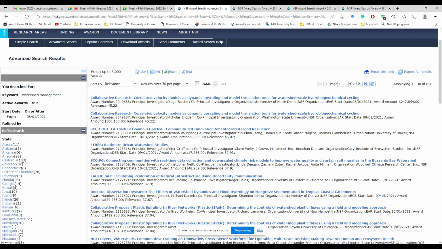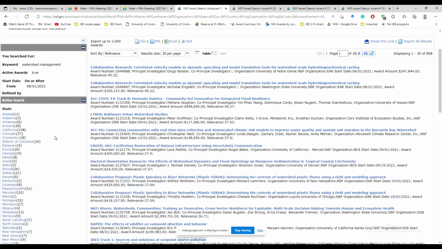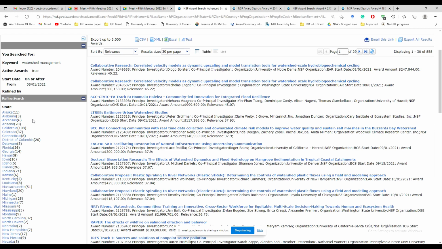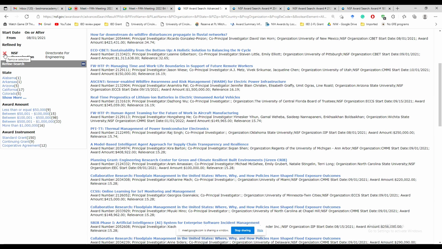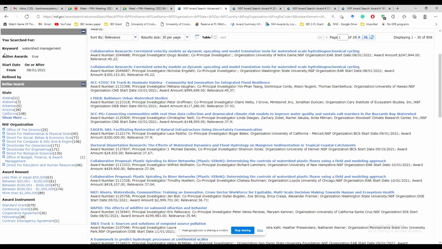And again, if you are particular about the state, I don't think any one of you care, but if you are particular about a state, you can filter it by states as well. So there are, for example, in Alabama, 3 different grants starting in August that deal with watershed or water management. And of course, you can remove the filter by clicking the red button here, and it will go back